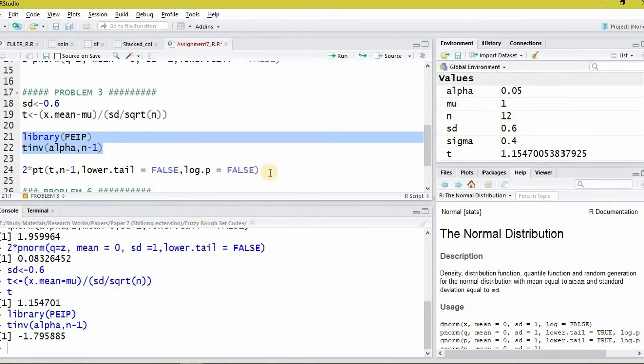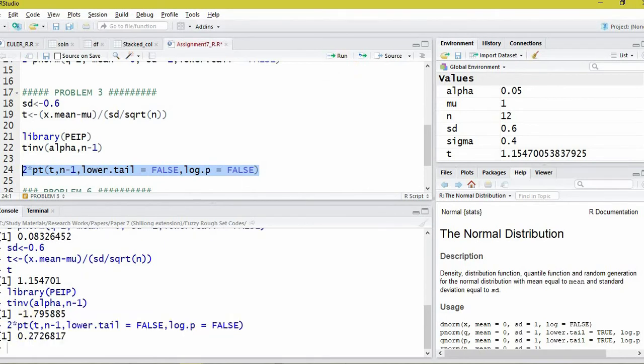There is no significant difference. Now how to find the p-value? Same way, using the pt function. The pt function gives the p-value given the t and the degrees of freedom, with lower.tail equal to FALSE. Why? Because it was a two-tailed test, so lower.tail will be FALSE here. So there you go, 2 times pt of this t with lower.tail equal to FALSE. So 0.27 is the answer, that is the p-value here. As the significance level is 0.05, and the p-value is way above 0.05, we have to accept the null hypothesis here.